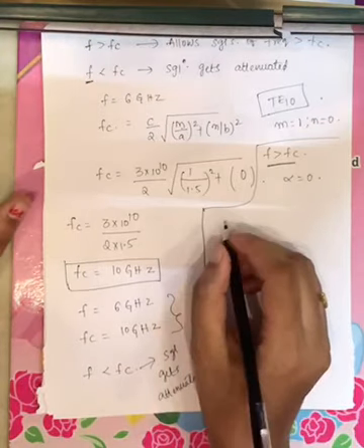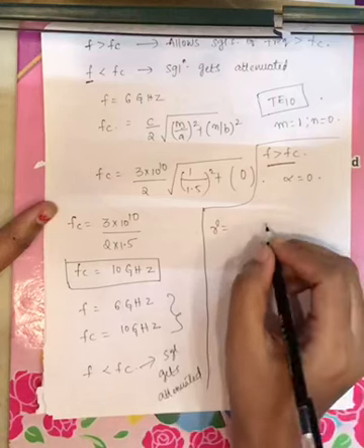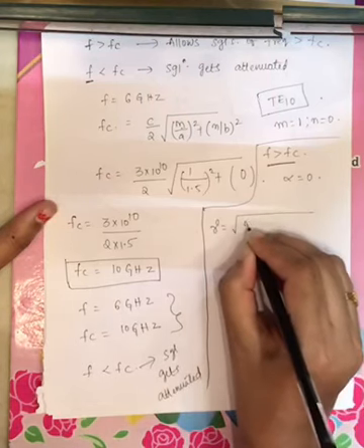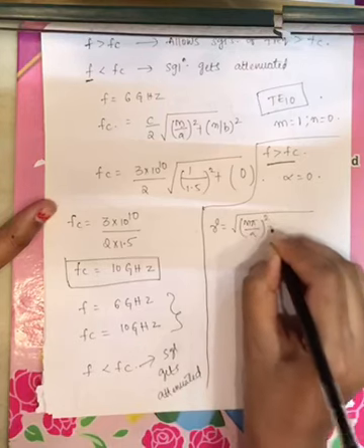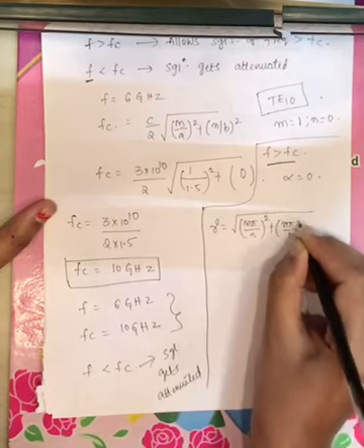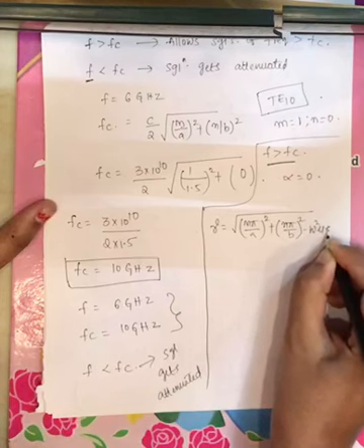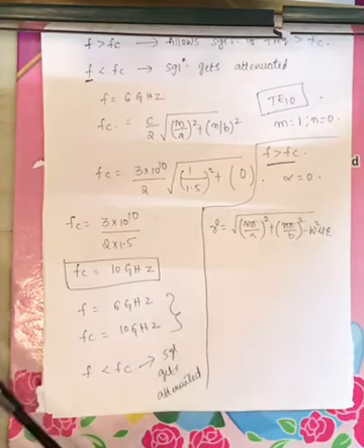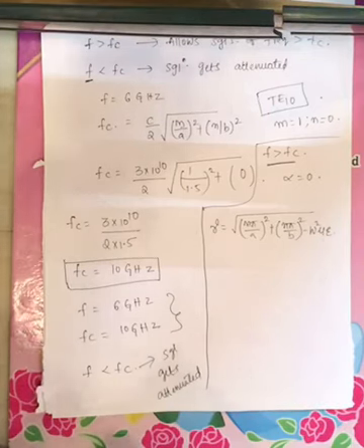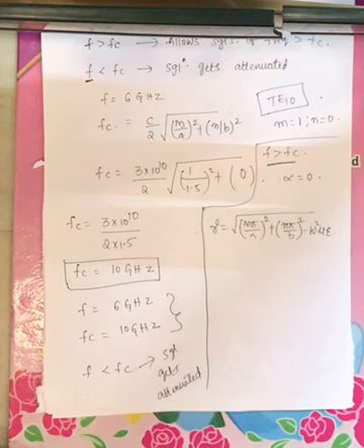Now how to calculate amount of attenuation? Gamma, you know the expression for gamma, that is under root of (m pi by a) whole square plus (n pi by b) whole square minus omega square mu epsilon, right? This expression I have derived while discussing waveguide as high pass filter. See, everything is interconnected. You have to remember all the formulas, otherwise you can't solve this problem. And this is your previous GATE problem. You have to remember all the formulas in order to calculate parameters.